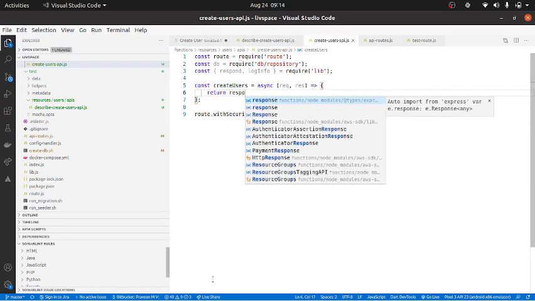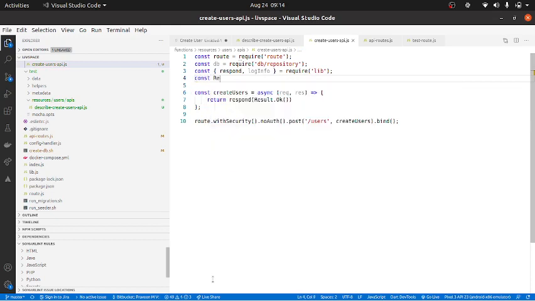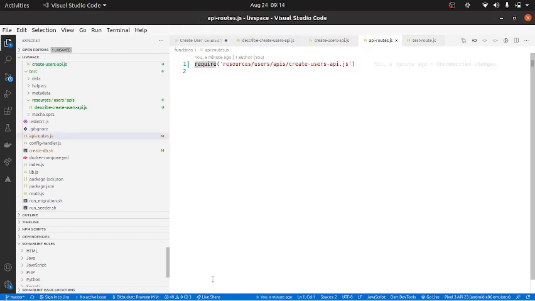respond. So we need to respond, and I need to give result dot okay to begin with, because I'm just trying to pass the test case. So I'll basically do const result equal to require folktail slash result. So I just need to return status is true. I'll just give an empty object over here, and the message is